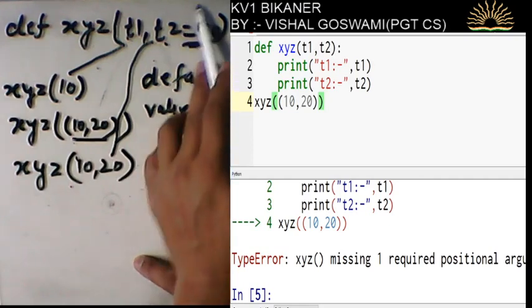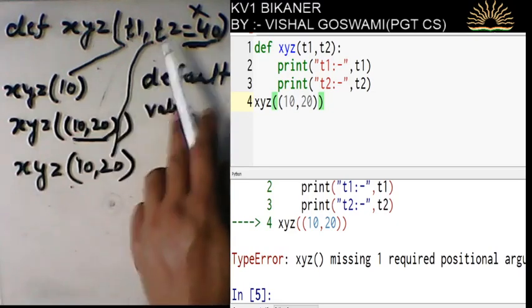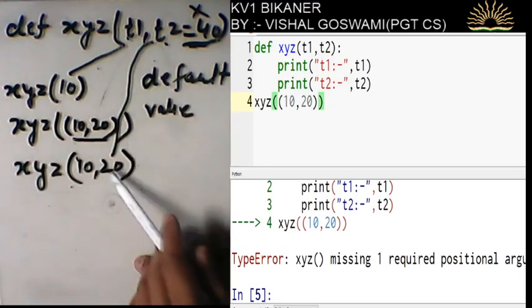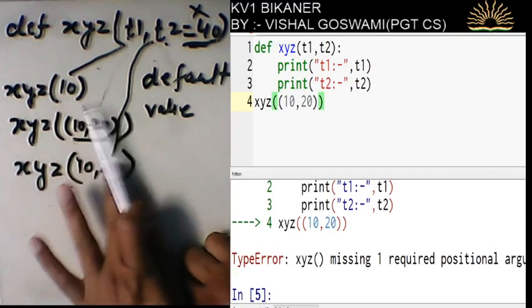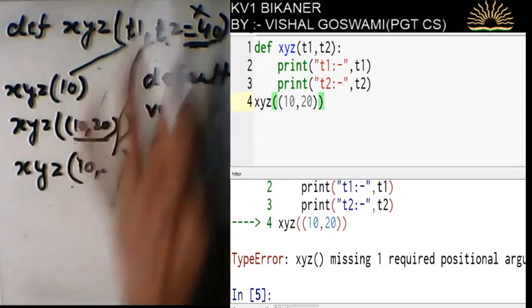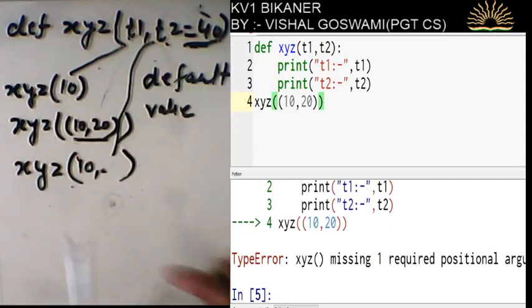It will not be used because the user has provided the value 20. So t2 becomes 20, not 40. If we do not provide this value 20, then this 40 will be given to t2. This is called the default value.